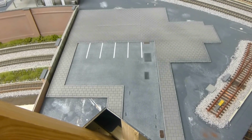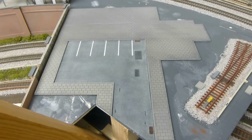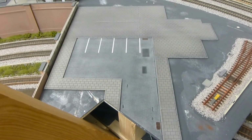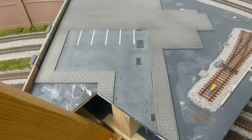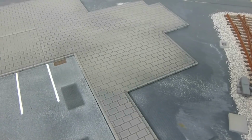I watered it down, I coated the whole area in this wash, gave it half an hour just to kind of bind in to the creases between the slabs and also dry a little bit on the surface before taking a bit of kitchen towel dampened with enamel thinners and wiping off the surfaces of the slabs. I'll do a tutorial on this at some point in the near future,